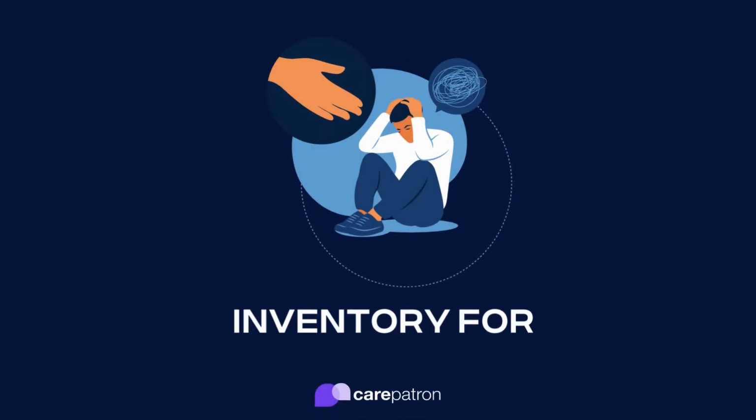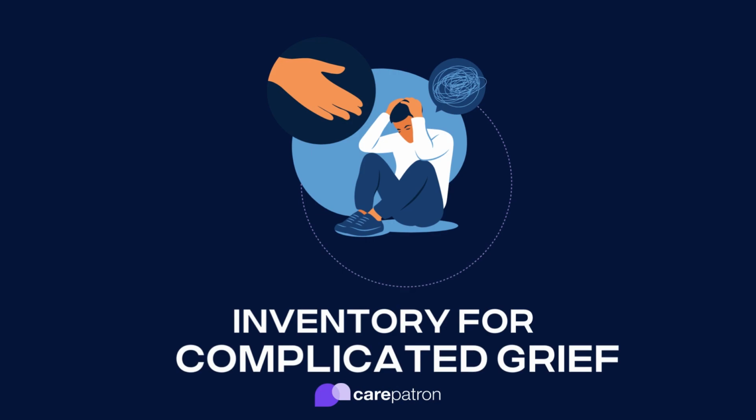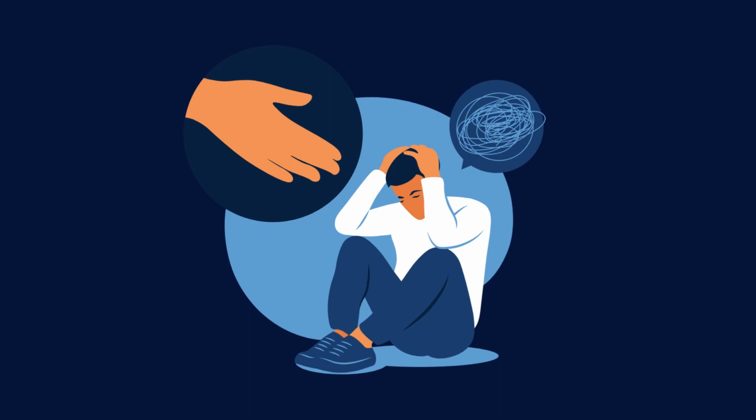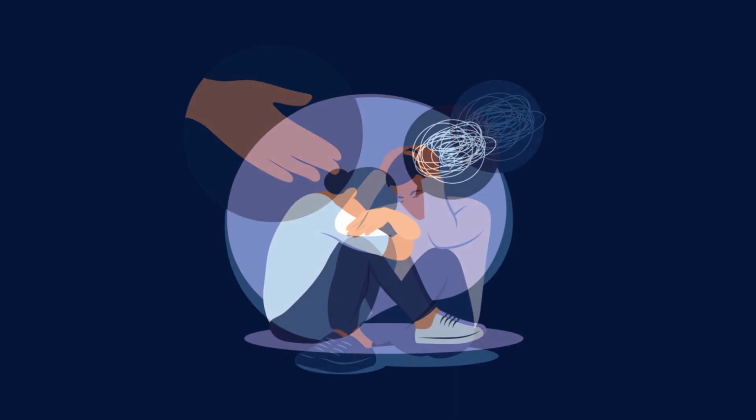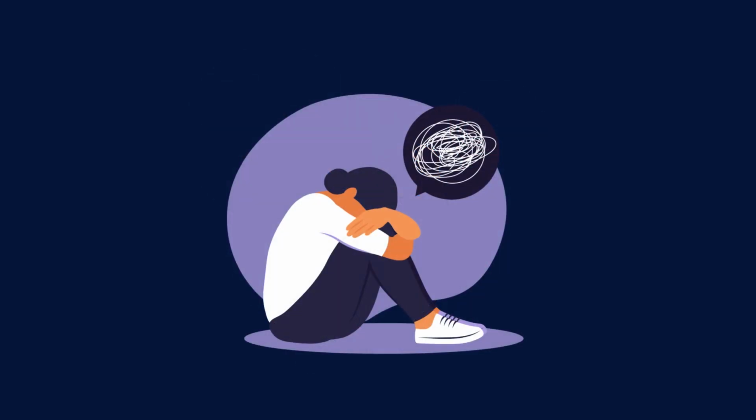In this video, I will guide you on how to use our inventory for complicated grief. Grief is a natural response to loss or bereavement. It involves profound sadness, longing, and sorrow as individuals navigate through the void left by the absence of what once was. This emotional journey can include feelings such as emptiness, disbelief, and even anger, as individuals grapple with the reality